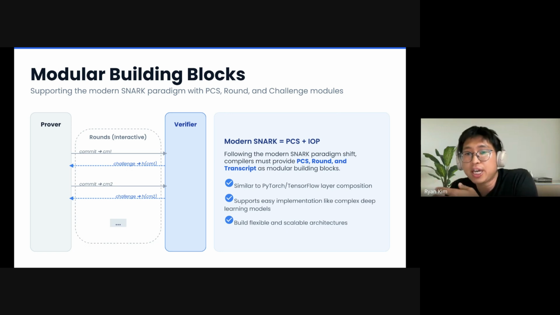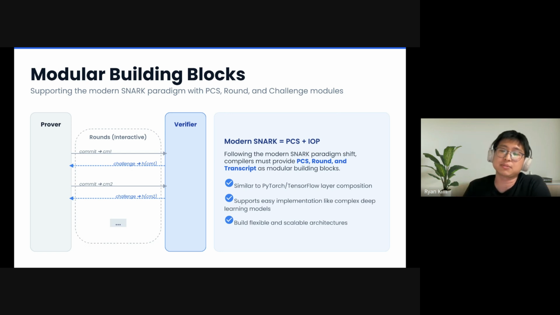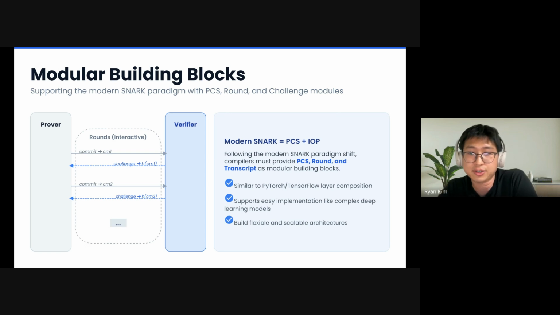And then you chain rounds together to build a model, one round per protocol step in order. The design is coming from PyTorch and Flux. PyTorch made deep learning composable by treating layers as building blocks, and Flux does the same on the Julia side with functional modules. So you can think of a round like a layer and a proof chain like the sequential API, same play, but a different domain.